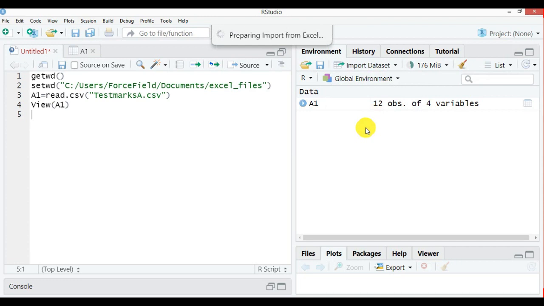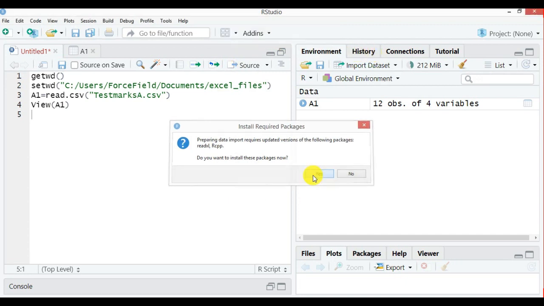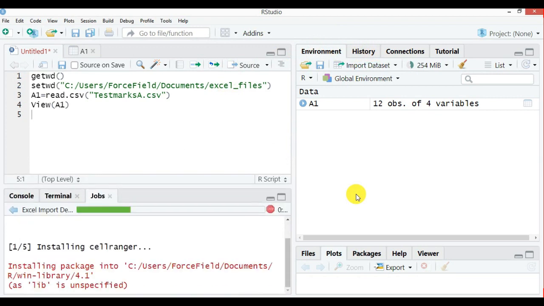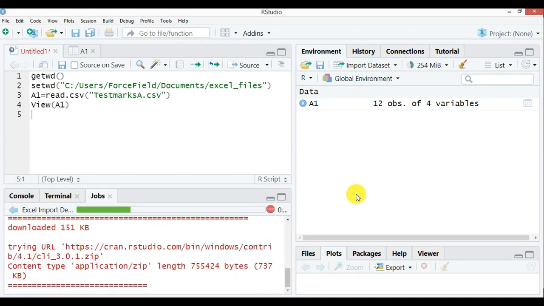Once I click on that, it has started to prepare and it has indicated that it needs these two packages. If you have not installed them, you can install them now. When it asks, you can click on yes and it will install those packages for you. It will take a few seconds.